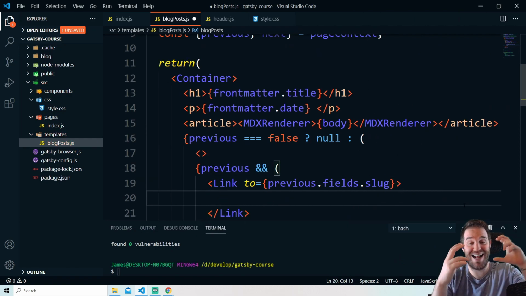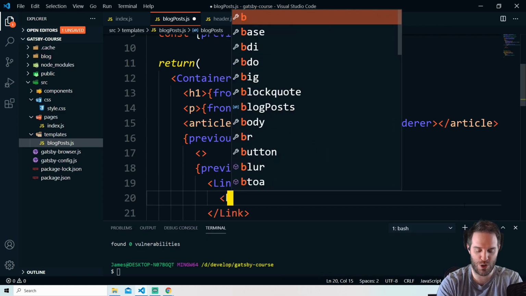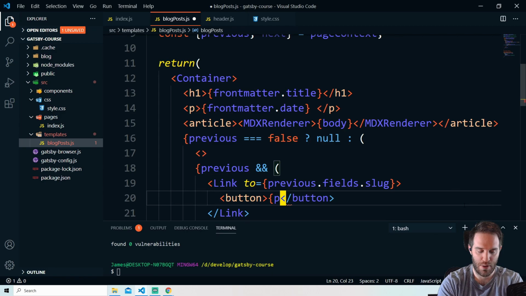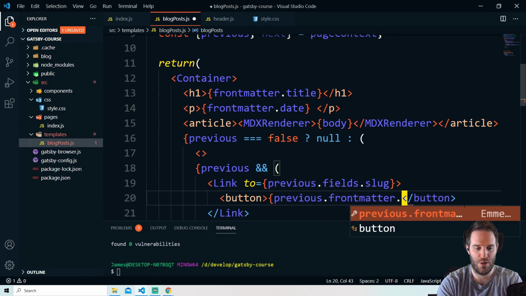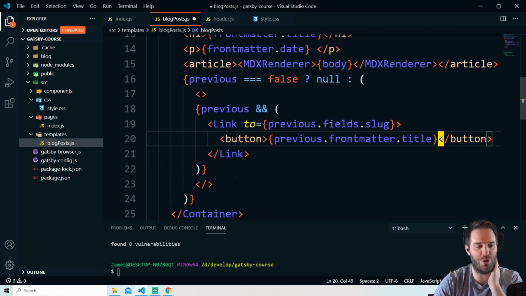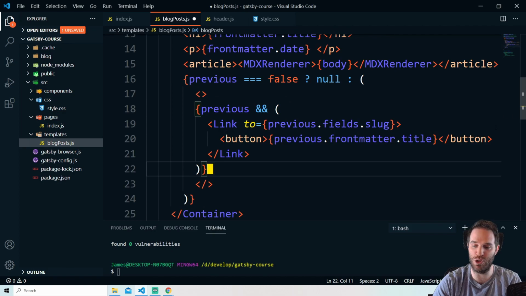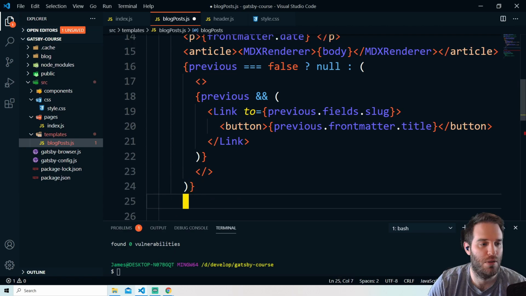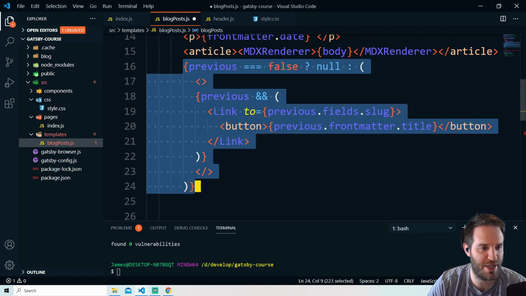So we actually have access to that slug, and then we can use a button here and say previous.frontmatter.title. And then we can pass into this button the previous title name, so when the user's browsing the site, they'll be able to tell what the blog post is called, and if they're interested, they'll go ahead and use it, else they won't. So now we have this, we can actually copy and paste this function right here,